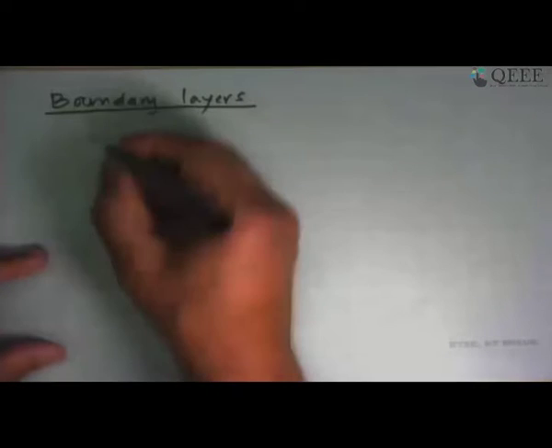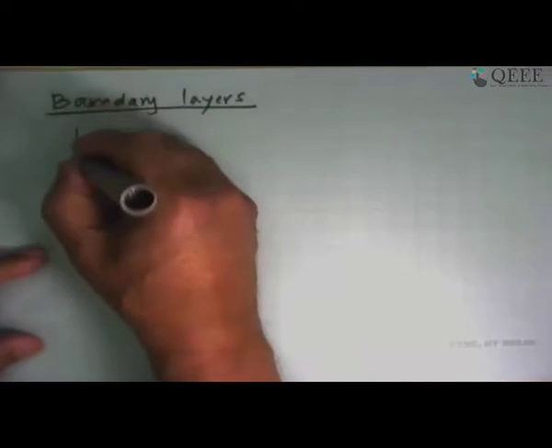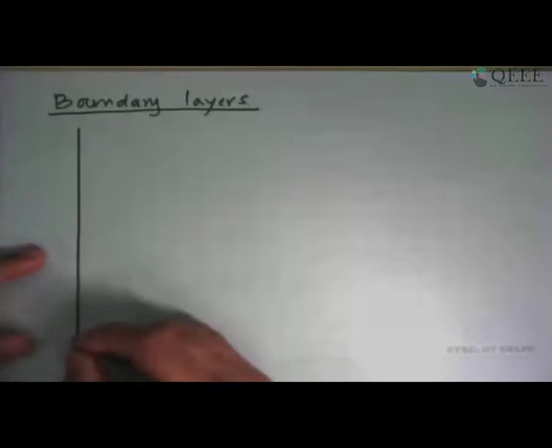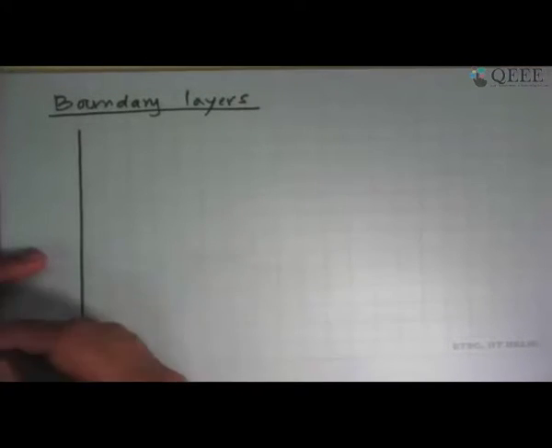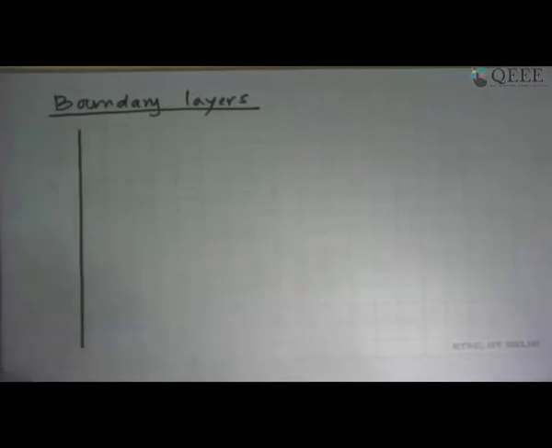Okay, so before we write the equations, let's go back and try to understand how the boundary layers form on this. As we had said earlier, that is where a lot of the action takes place, and understanding the boundary layers tells us how to form the equations and what to expect. So we do the same thing now. We have a plate and we have the fluid here which is stationary, far away.